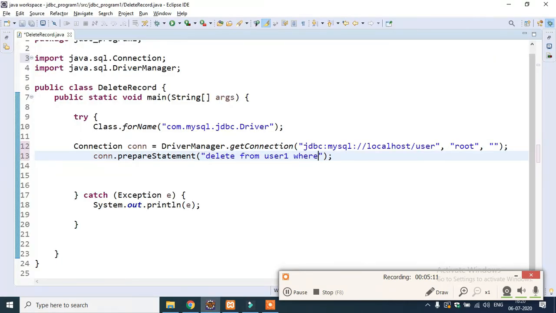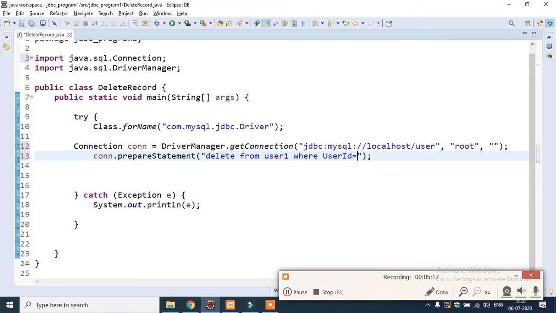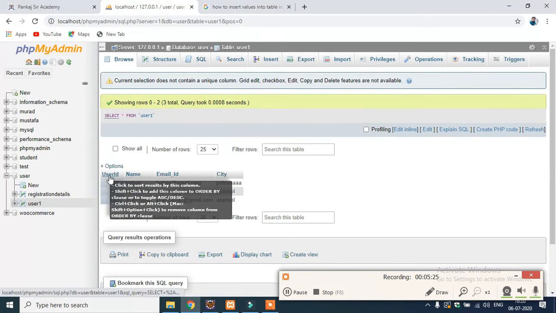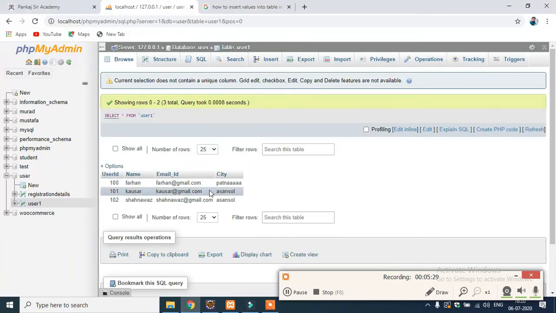I will write here where user ID equals, and in brackets a question mark. Guys, column names like user ID, name, email ID are not case sensitive. Whether you write uppercase or lowercase, it will work.